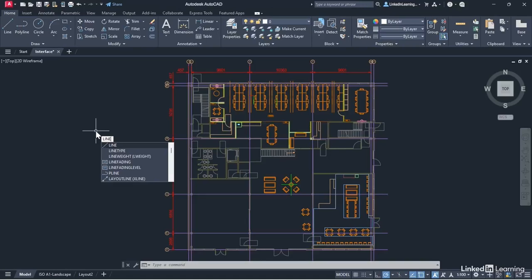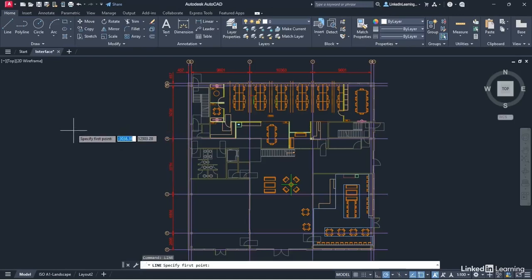So as soon as I do that, the dynamic input gives me a suggestion menu as well, just like the command line does. So it's showing me all the commands now that are available with the word line in them. And I can slide up and down this little slider bar, and there's quite a lot with the word line in them. So I can go and select that command now, click on line there,